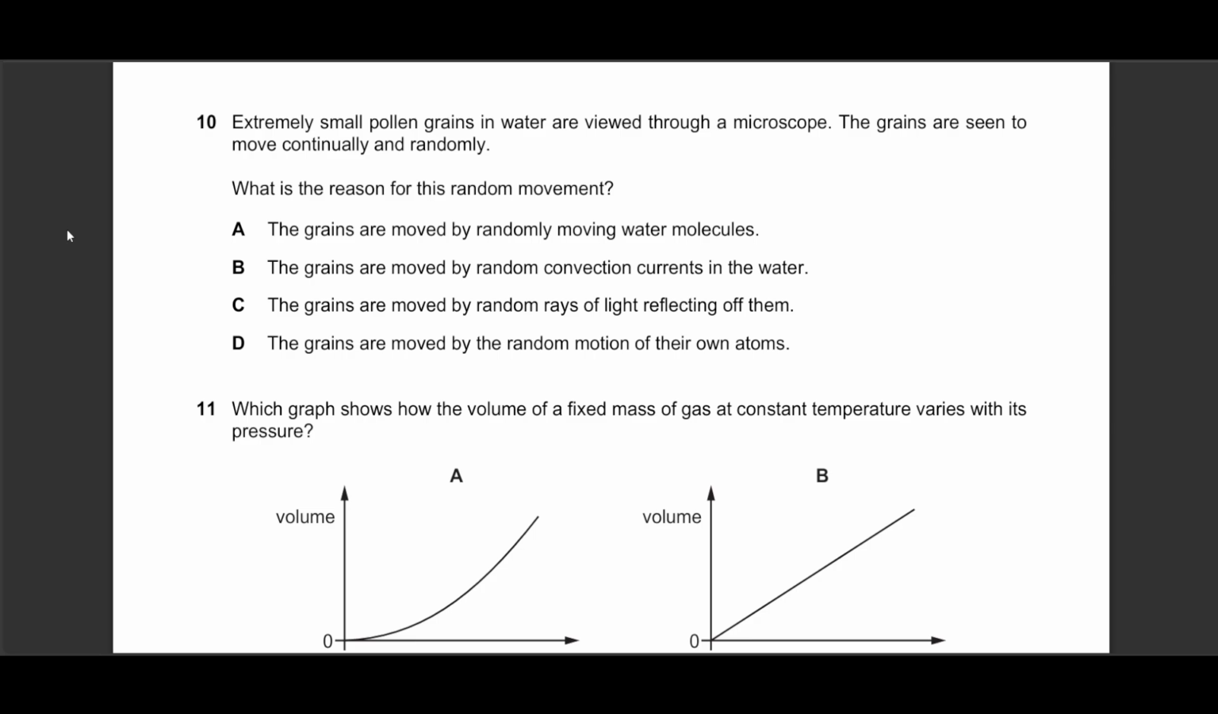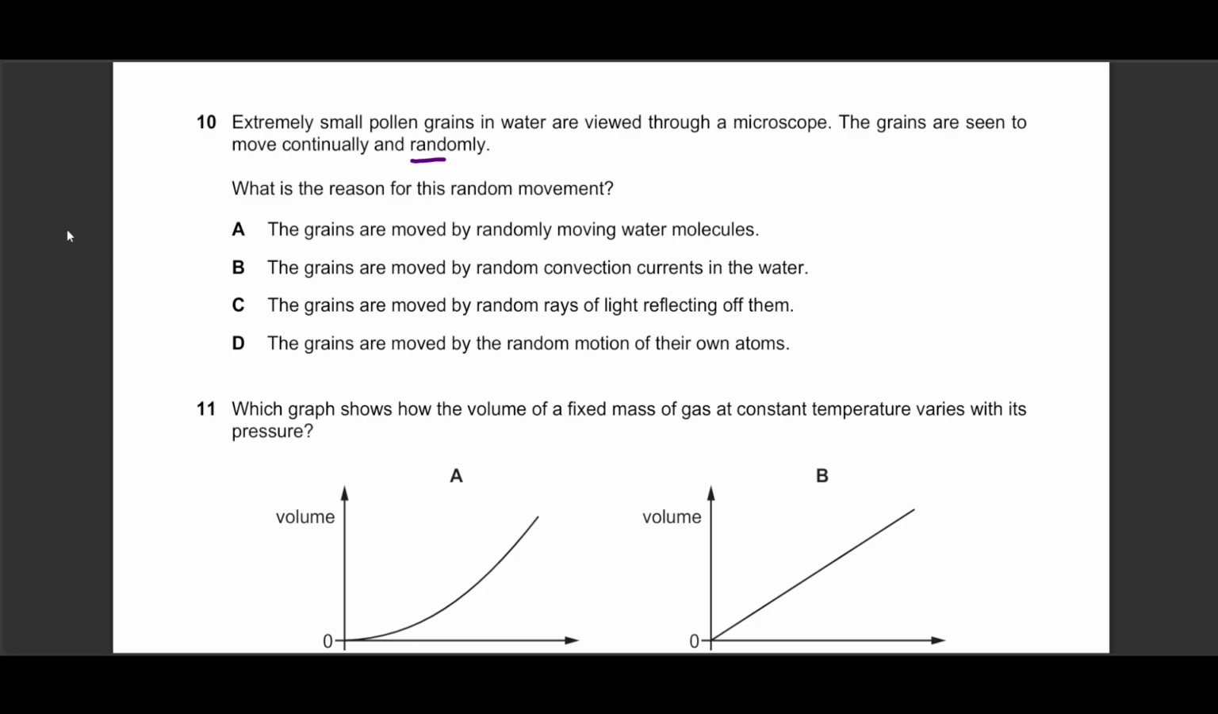Question 10. Extremely small pollen grains in the water viewed through a microscope. The grains are seen to be moving continuously and randomly. Now, the problem is that water molecules are colorless. We couldn't see them. So what we did, we indirectly added grains of pollen or salt. Salt would be dissolved, but we added pollen grains or small seeds in water and just observed them under